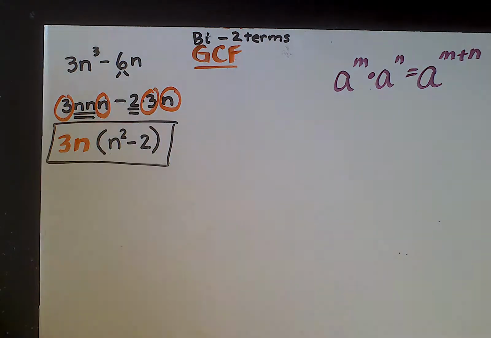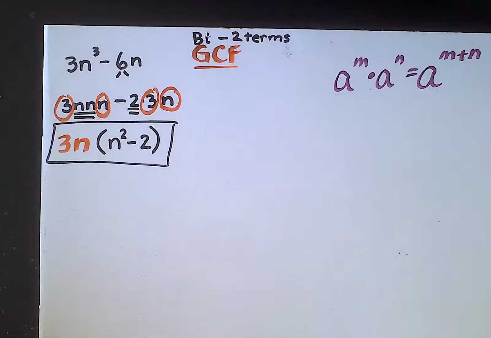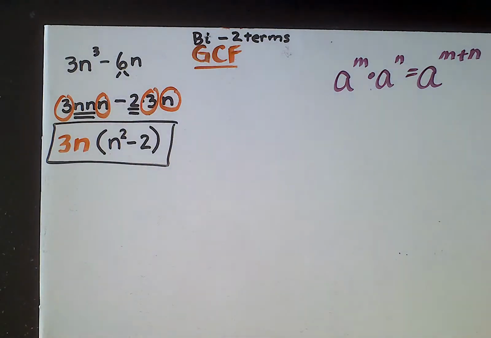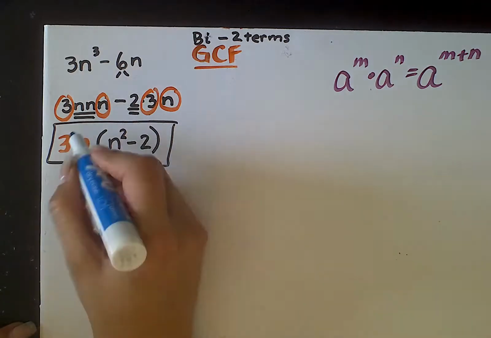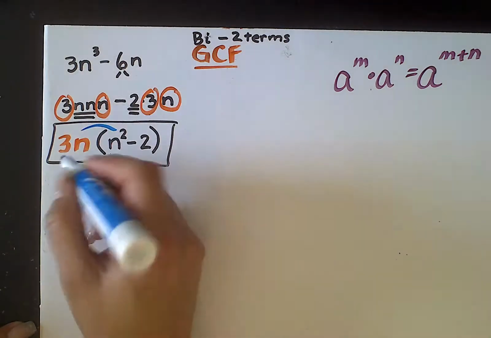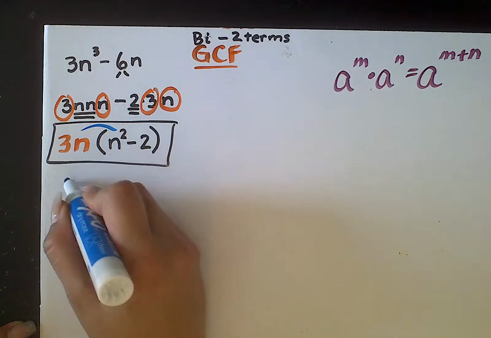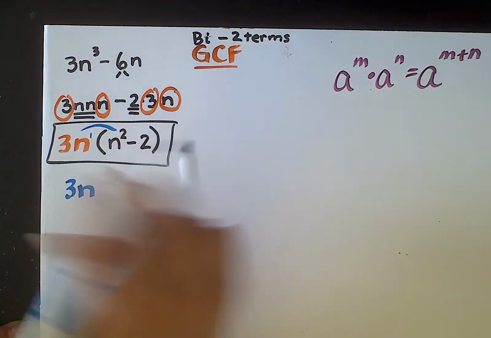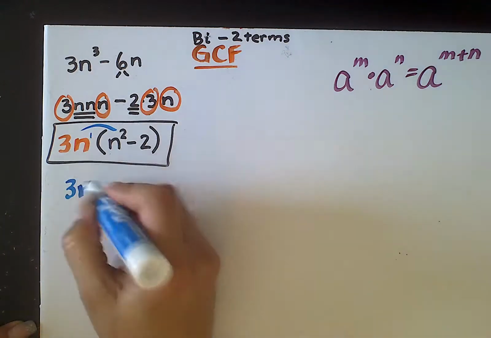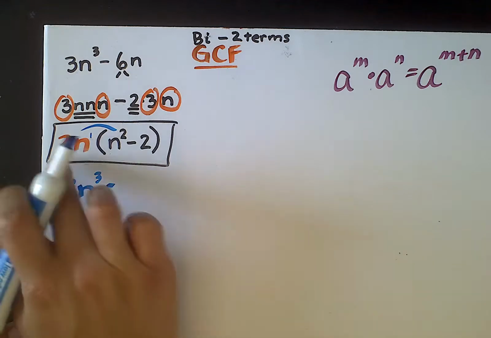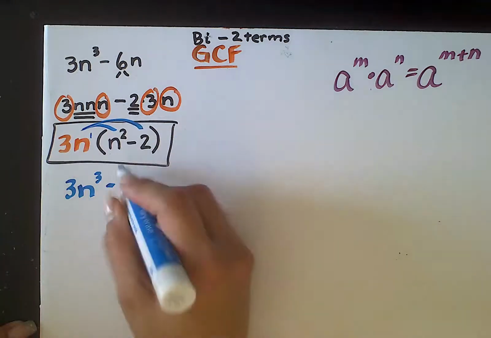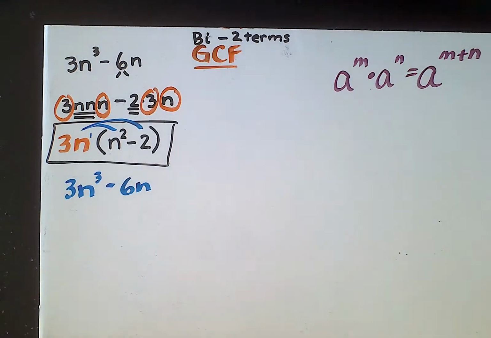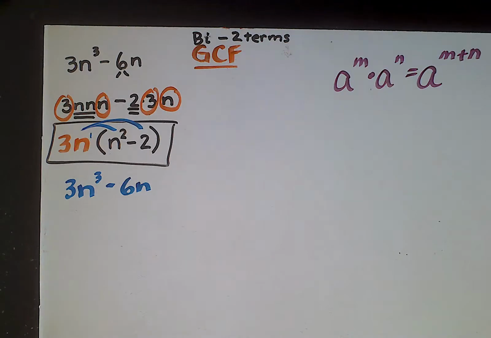Now, what I would like to do, you don't have to, but I'm going to double check my answer. The reason I like to double check my answer is because during our 11 o'clock tutoring session, I got a problem wrong. So I'm going to multiply 3n into n squared, adding the powers. That's going to be 3n cubed. Then minus, that would give me 6n. Now, because this is the exact same answer that I have here, that means I can type that in.